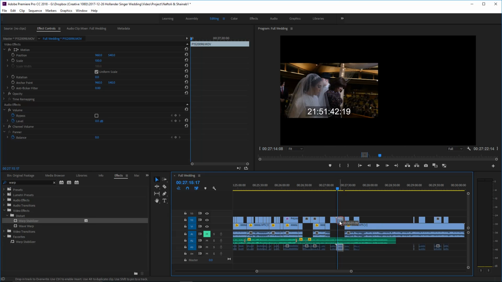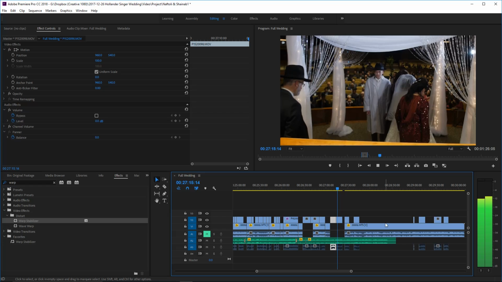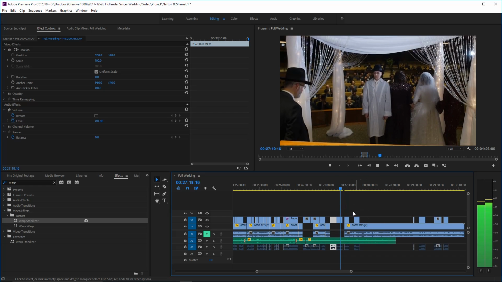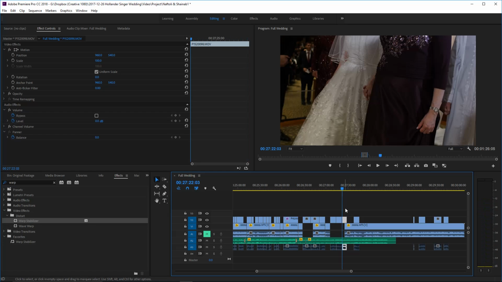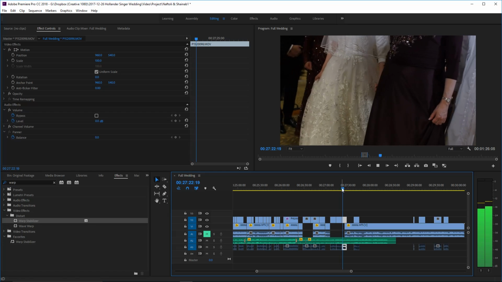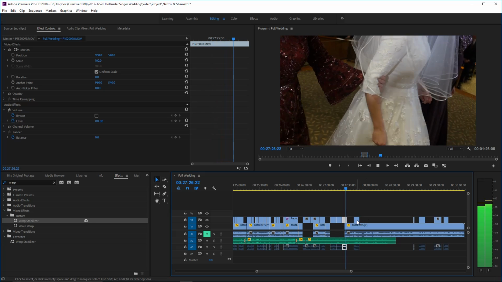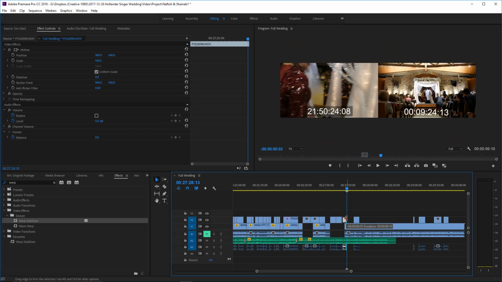Alright, the only problem is that you could tell that they're already past where the groom was standing. So we're just going to trim that to a point where they're actually past the groom so that it works and it's consistent. And now I think we could use that hand shot.